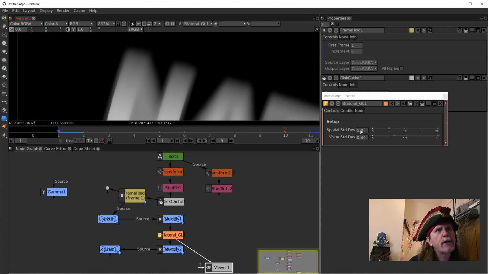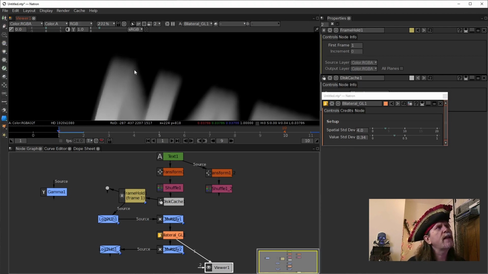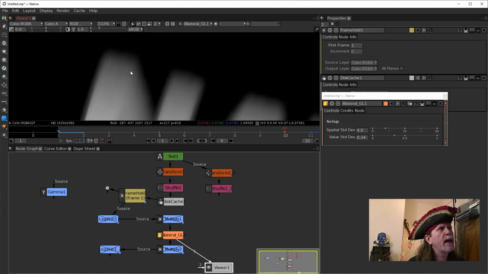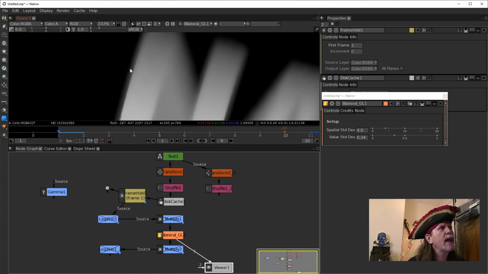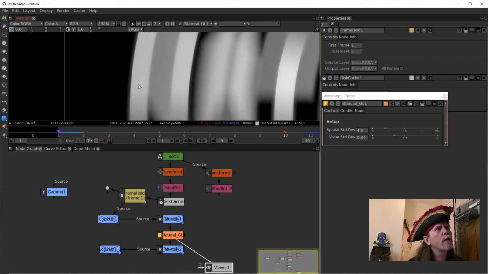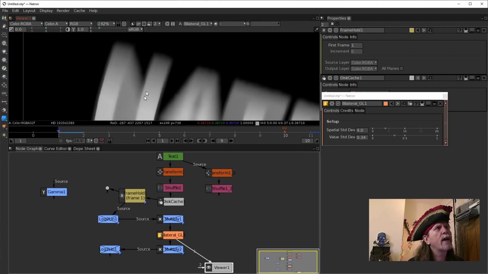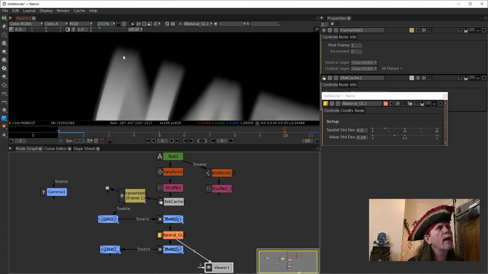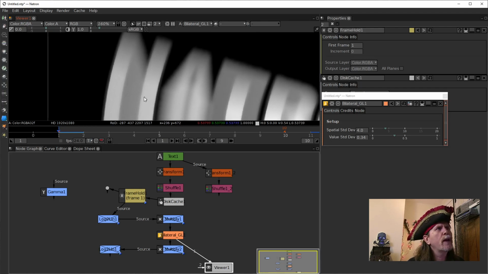So if I reduce this amount down to say 2 or 3, right here at 4, we're still seeing a pretty solid blur around the edge here, but we're getting a haloing around the edge as well. Which is not good, because we wind up with something that's pretty good blur-wise, but we're also winding up with a bit of a haloing or a halation, we could call it,